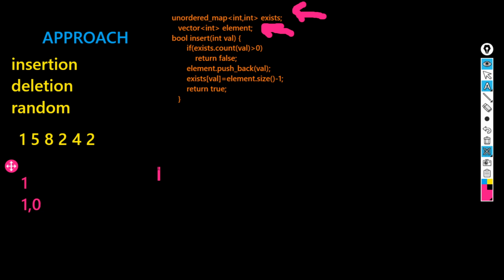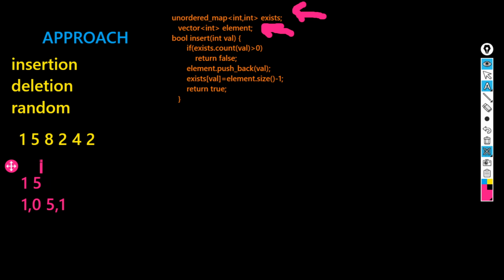Now again the loop will run, and 5 will come. If we call the insertion, 5 will be inserted here because it is not a duplicate. 5 comma 1, because the size is 2, and then minus 1 equals 1.